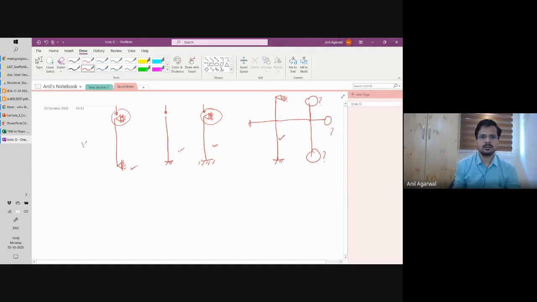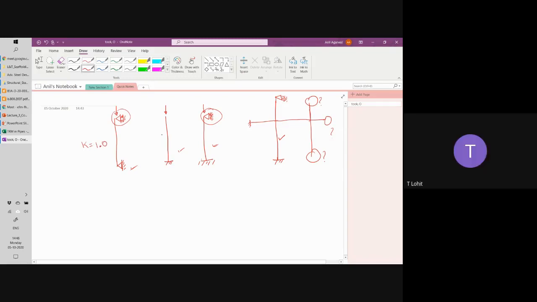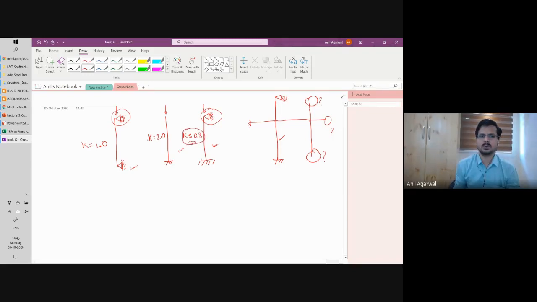So here I know that k value was equal to how much? What was the k value here? 2. What was the k value here? 0.7. What does the code say? 0.8. Yeah. So the code says 0.8. You can take 0.7 theoretically, but the code, keeping some conservatism, allows you to take only 0.8. But if we want to calculate k for this column, then we are in a bit of trouble, because